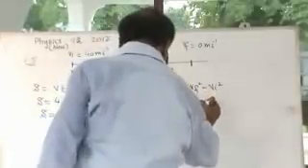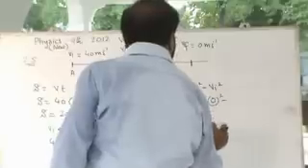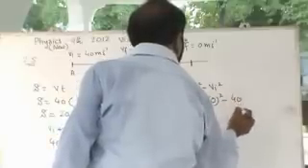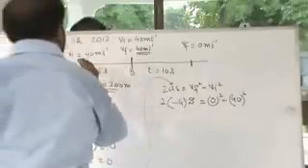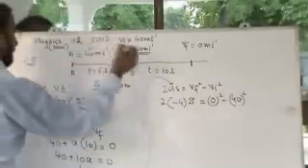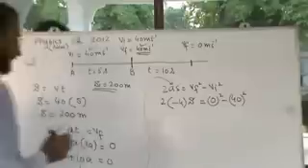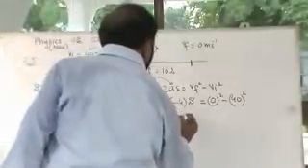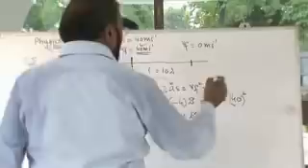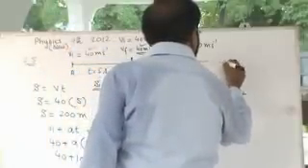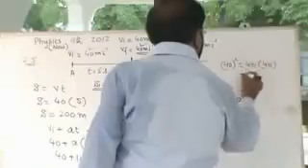Final velocity is equal to 0. Initial velocity is equal to 40 meters per second. Now it is equal to minus 8S is equal to 40 square, which is 40 times 40, that is equal to